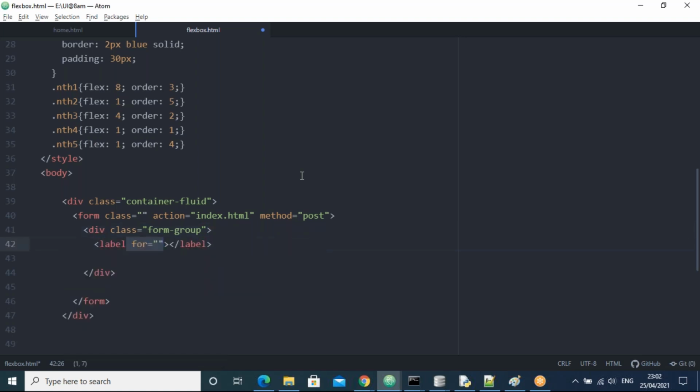I'll take the label. We'll take here, suppose, enter your name, for example, guys. Label over, then input box I am taking. Yes, that's all, guys. Okay, type equal to text, type only. The name equal to, value equal to are default properties, guys. You forget these things. What is value equal to, what is name equal to, those all we'll see while creating our main forms in Django, guys. At the time, these are all useful. Name equal to, for equal to, value equal to, we'll see later again.